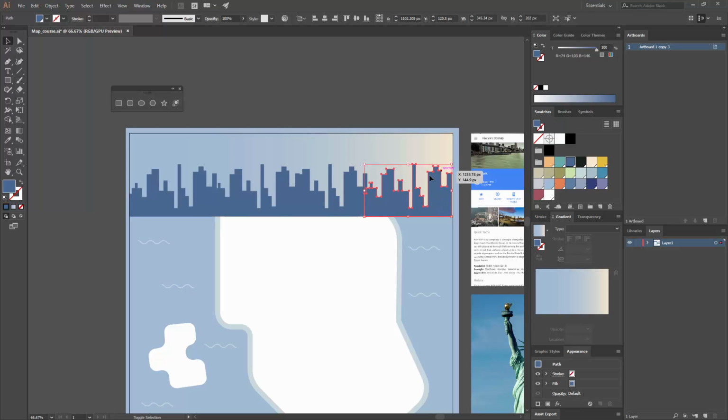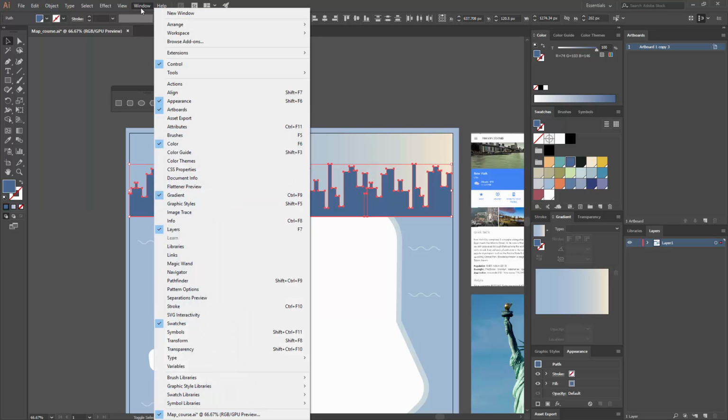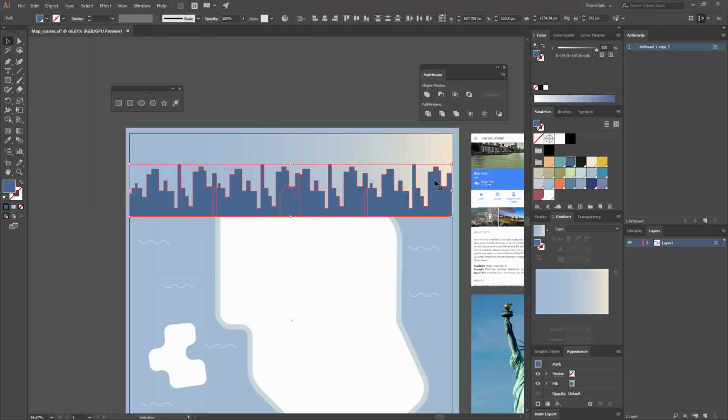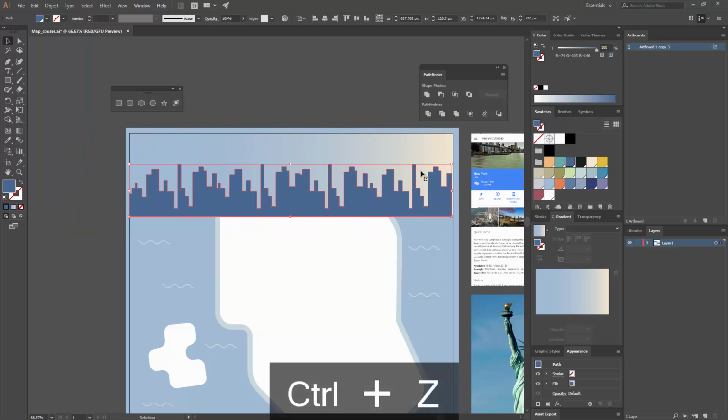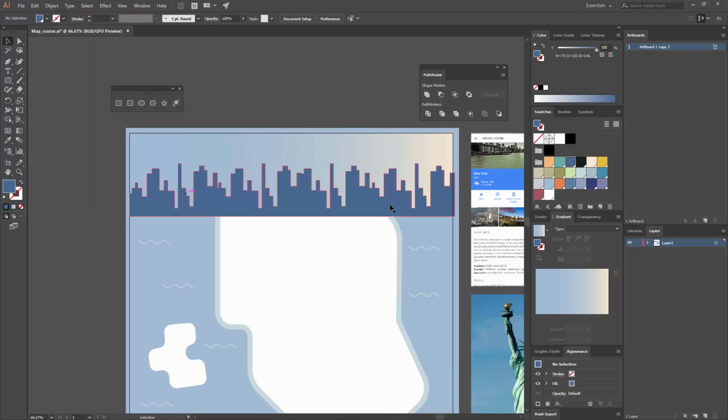And then we could select them all and go to Window, Pathfinder, or you can press Ctrl Shift F9, and select the first option, that is Unite. If you do that, now you have a single shape. What you can do is scale it up a little bit so it goes all the way from the top. And then you could still make this smaller if you think it is too big,